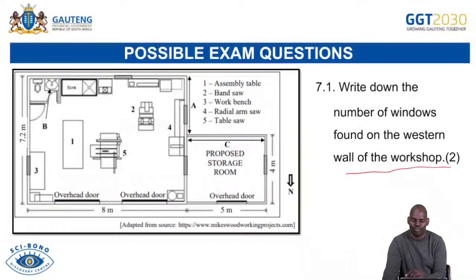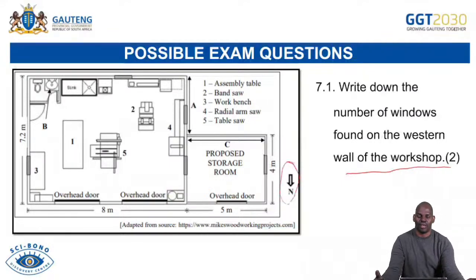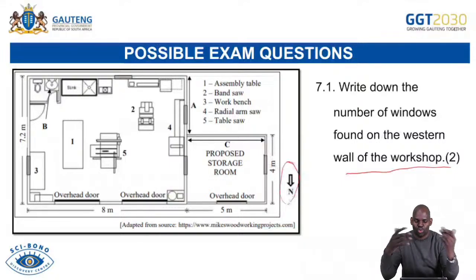And in this case, they are not looking for the number of all the windows, but only for the western wall. Again, we need to identify. Let's look for the compass. There's our compass. Then you can see again that the examiner is trying to catch us out. He knows that most of you are used to questions where the north is facing up. So in this case, if it's facing down, most of you get a little bit confused. But that is why you've got nice teachers in your classroom, where they will explain that in a situation like this, try to turn the question paper around, or see if you can complete the compass as it is,